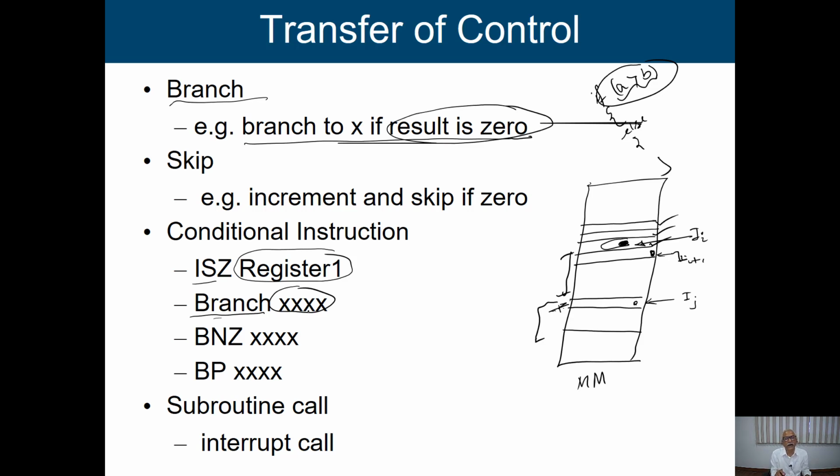But this branch is unconditional. Without any condition, we are saying fetch the instruction from memory location X. I think if you are accustomed to the C programming language, sometimes you use an instruction called goto some label.